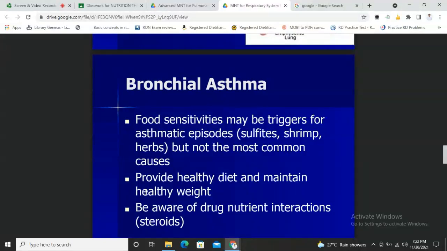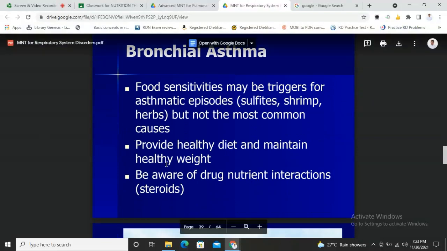But again, not all of this is associated with allergies. If it is associated with allergies, then it should be restricted or eliminated completely, those foods that are known to cause asthmatic episodes in these patients. So we will be able to know that if we use the food and symptom diary, which was introduced to you last time, through the elimination diet. We will discuss that next semester, because allergies is next semester. Okay.